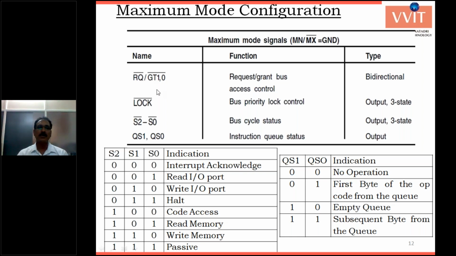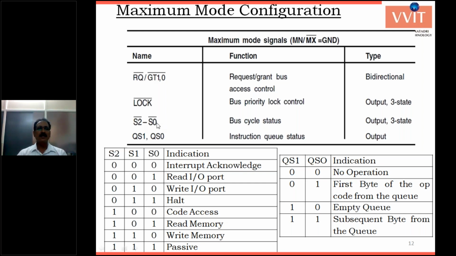The same signals in the maximum mode are used for requesting and granting. There are access to DMA control requests simultaneously. For minimum mode, only one DMA signal is accessed. Here there is access for the two DMA signals. Hold and hold acknowledgement use the same pin, pin number 30 or 31. Pin 30 acts as the request/grant, RQ/GT0, and pin 31 indicates requesting and GT1.